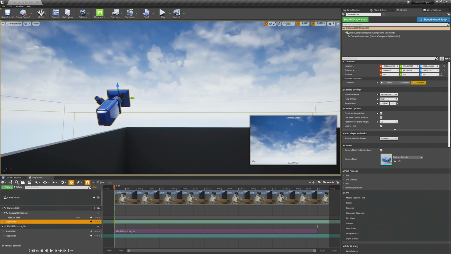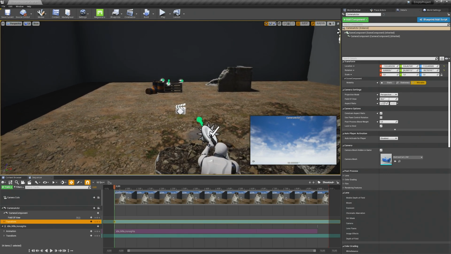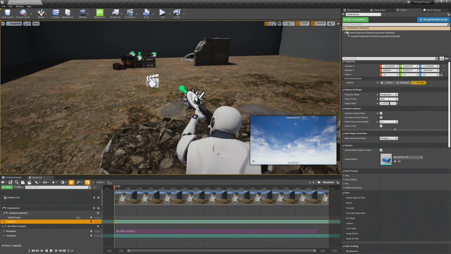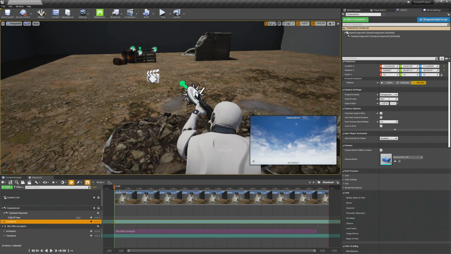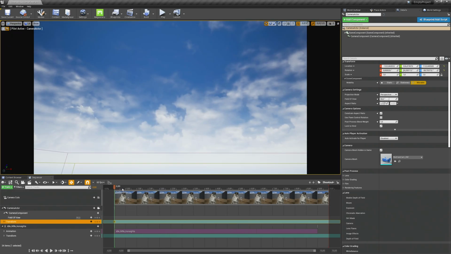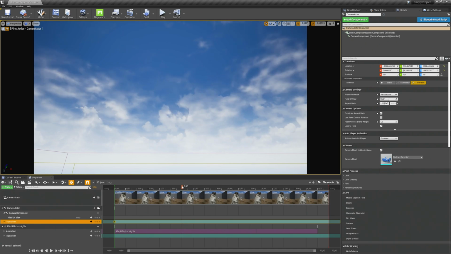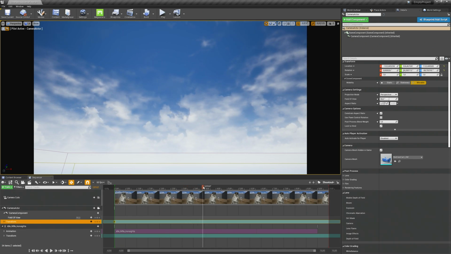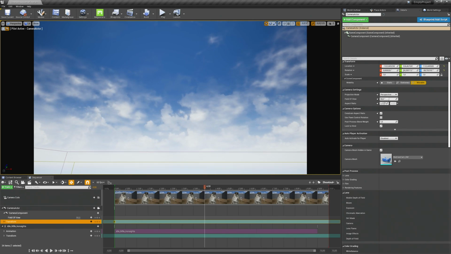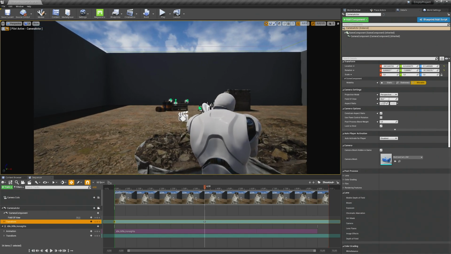In our case, the plan is to move the camera from this position down to about here and leave the idle animation of the soldier playing all the time. Therefore, we will go back to the camera, pilot it again, and move to the point where the camera should be at this specific time. Let's say at 4 seconds, we want to be above the shoulder of the soldier here. So I just move it down.